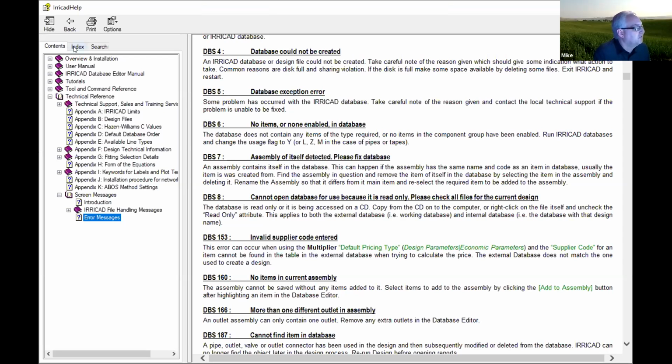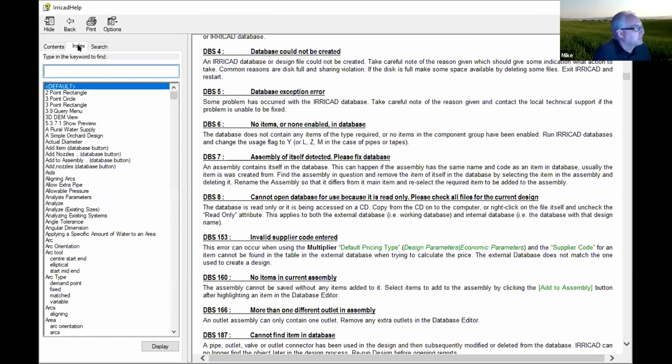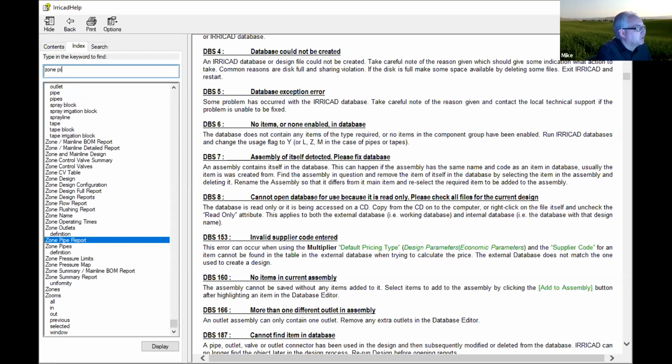If we move to the index tab, this is a little bit different way to access the user manual through keywords. Here, instead of having to click in and out and figure out where things are, we can use some keywords to learn more about certain things. For example, if I were to type in zone pipe, it's going to automatically drive me to the entry for zone pipes. If I double click on that,